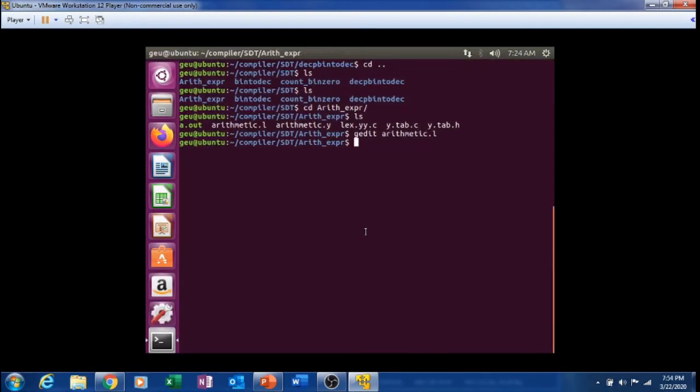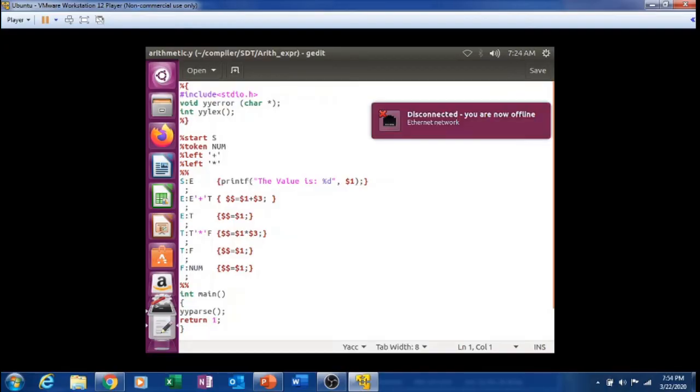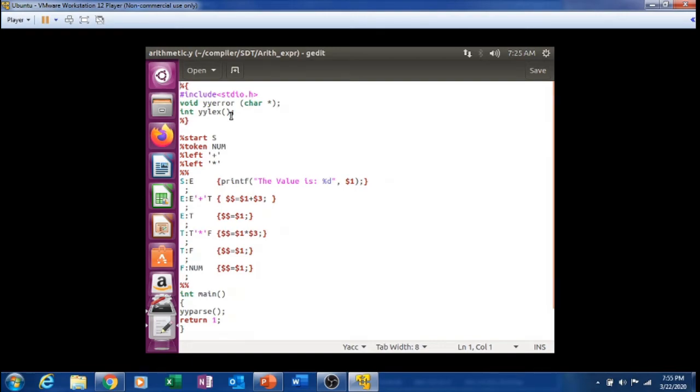Then we have the .y file, and I just want to show the .y file. It is like this. This is the declaration or definition section. #include <stdio.h> because I have used the printf statement here, and void yyerror(char*). This is the function which is used to print the error, and this is the function int yylex(). It is used to just call the lex, and you can see here it is automatically called by this function